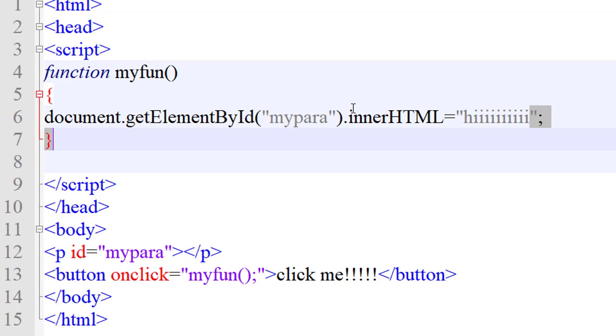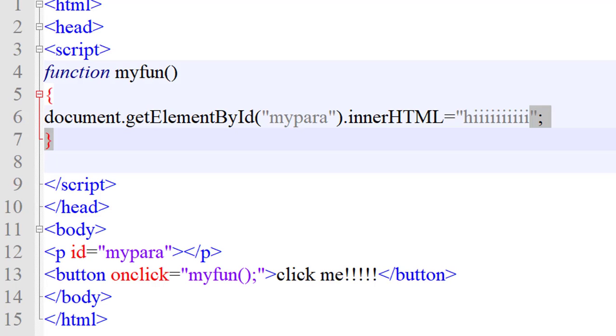Just save this and run it. Just refresh it and run it. The hi is displaying. Now I want to display only that. If you want everything on the web page to disappear and only one thing to appear, so we will write